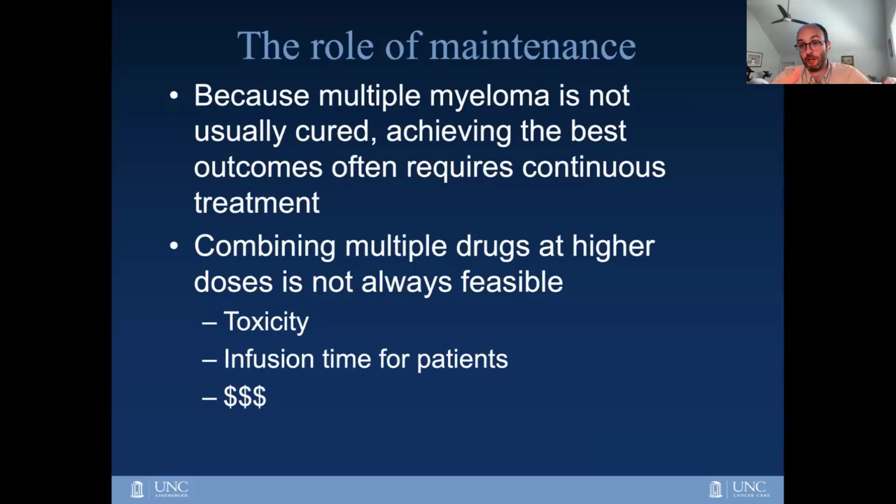Additionally, getting multiple drugs often places demands on all of your time because not all of our useful drugs, in fact, most of our useful drugs, with the exception of things like Revlimid, are given in an infusion center. And anytime you need to set foot in an infusion center to get anything, there goes half a day of your precious time. So that is a real factor in my consideration or non-consideration of multi-agent maintenance approaches. And then, of course, nothing in the good old US of A healthcare system is free, certainly not including cancer medicines. So multiple drugs incurs more risk of financial toxicity for all of you